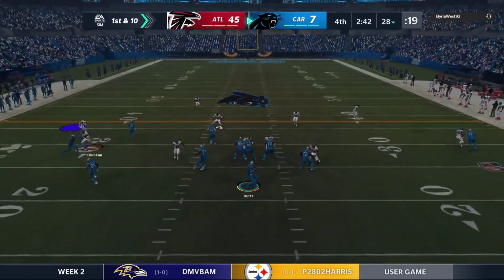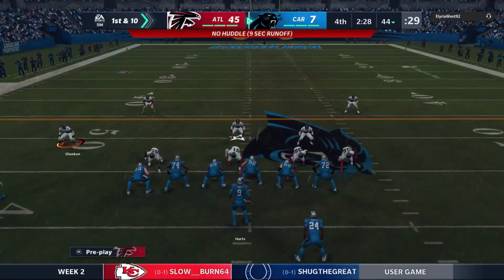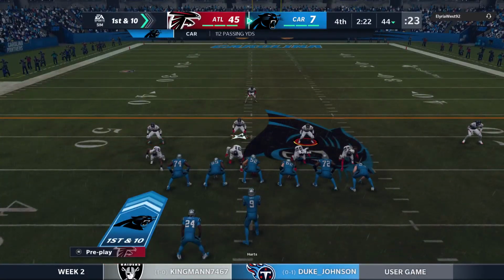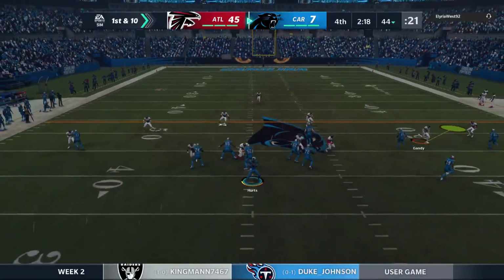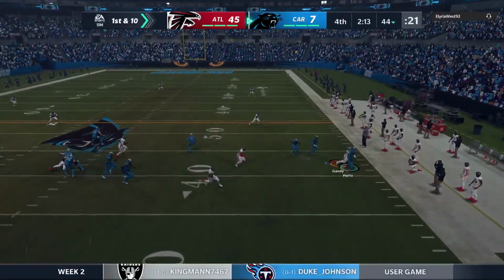Do they continue to throw the ball? Do they want to lean more on the running game? It'll be an interesting sequence of plays that they've got coming up. Does it often affect the play calling with the interception? How much does that change what you do? I think it does, depending on why the interception was thrown. Sometimes it's just a matter of the defense made a great play, so you continue to come back. But if it's on you, if the offense just doesn't have the confidence, if they're a little bit shaky, maybe...